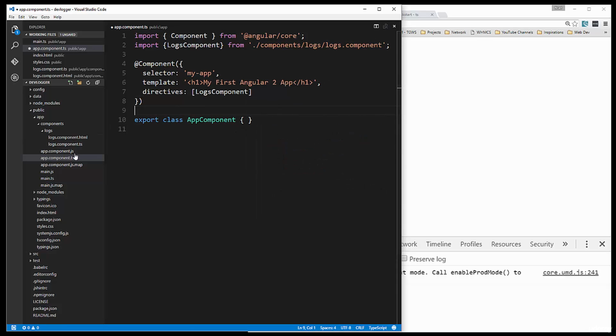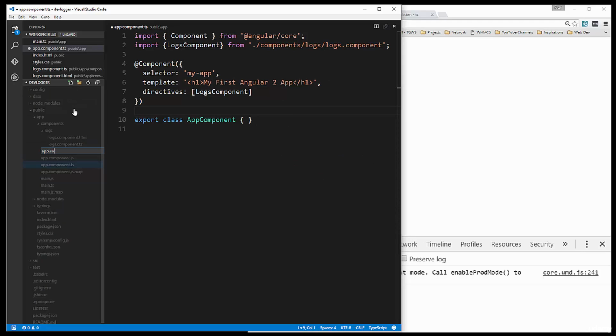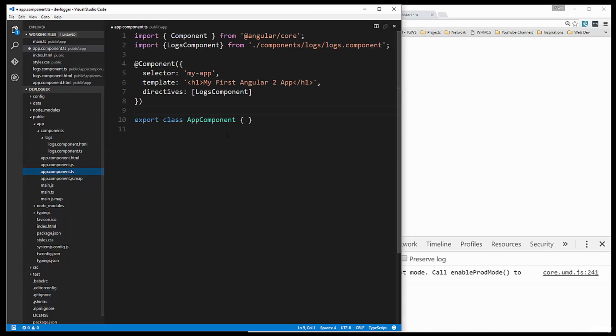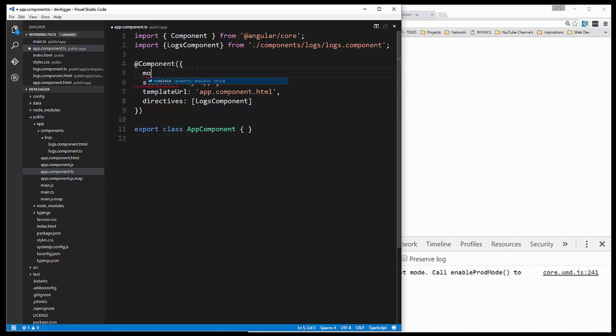And let's see, we're going to have an HTML file for our main app component too. So let's create a file called app.component.html. And let's see, in here we're going to put our logs component, save it. Let's go back to our app component TS file, and we need to change this to templateUrl. And here we'll say app.component.html, and we also have to add moduleId, like that. Save it,